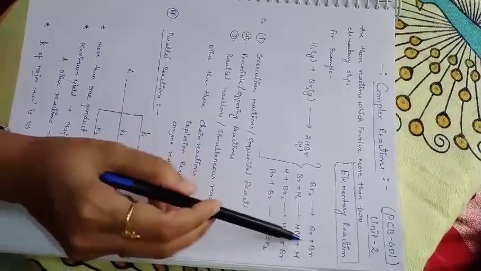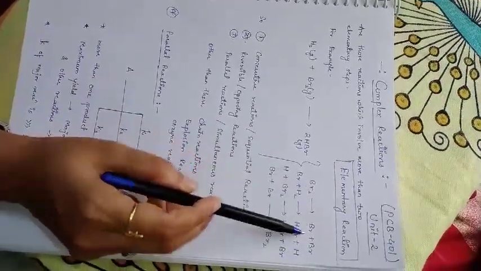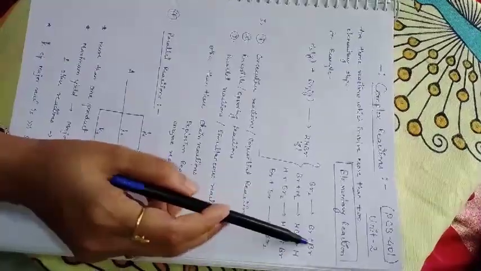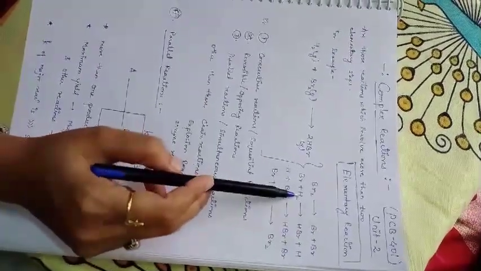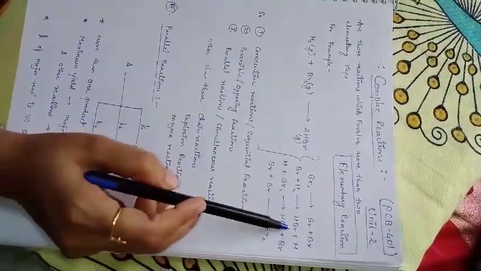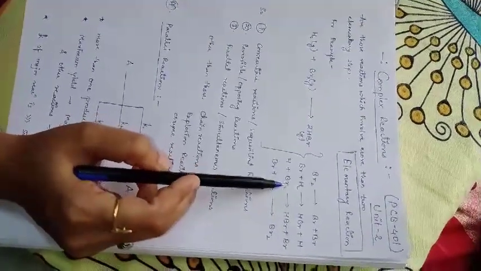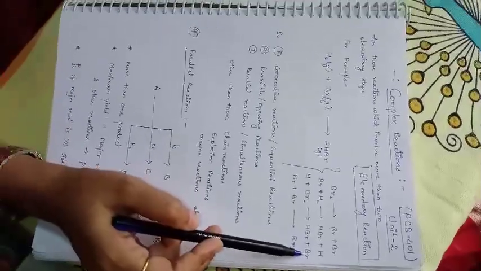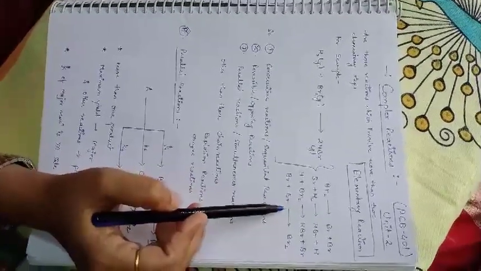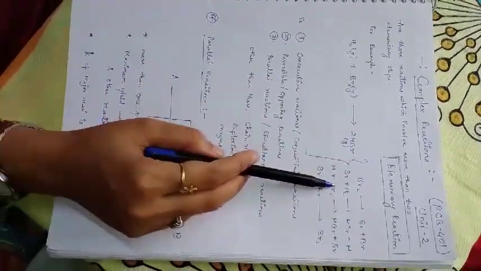The first elementary step is decomposition of the bromine molecule to bromine atoms. Then this atom combines with one molecule of hydrogen and gives HBr with the release of a hydrogen atom, and this hydrogen atom again combines with a bromine molecule to give HBr and again a Br atom. Further this reaction proceeds, and this is how it is known as a complex reaction.